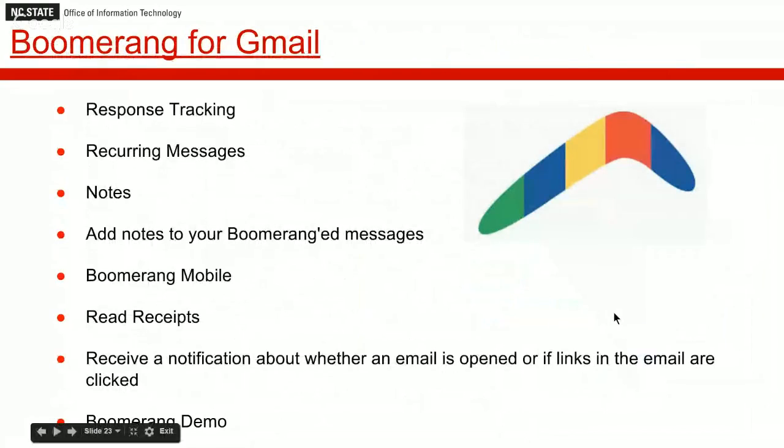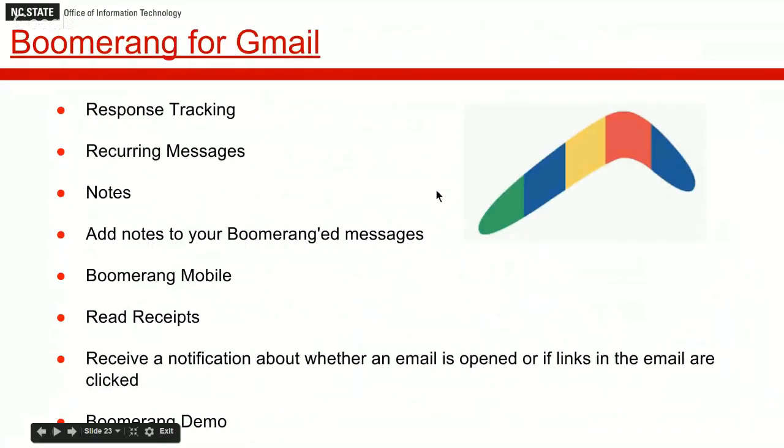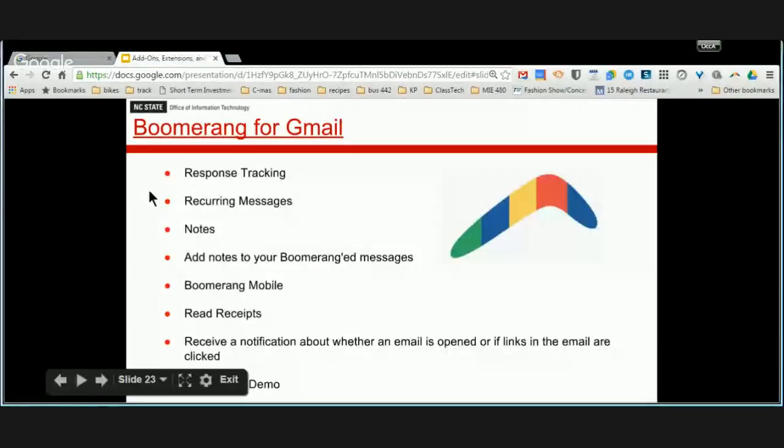All right, now the next one is probably going to be the most popular one for the use. It's called Boomerang. This one specifically is Boomerang for Gmail, and it can do a lot of wonderful things for you. If you ever need to schedule emails to go out at a certain time. You've got some things going on today, and